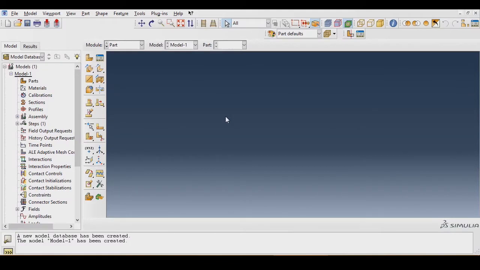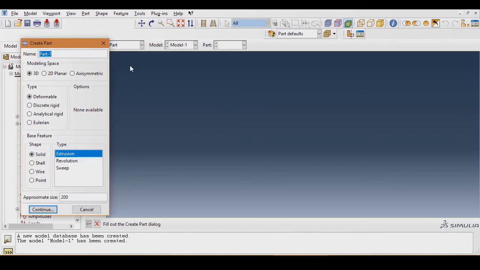As usual, we begin by choosing create part. Since this is a beam, we choose 2D planar deformable wire, approximate size 200, and you give continue.